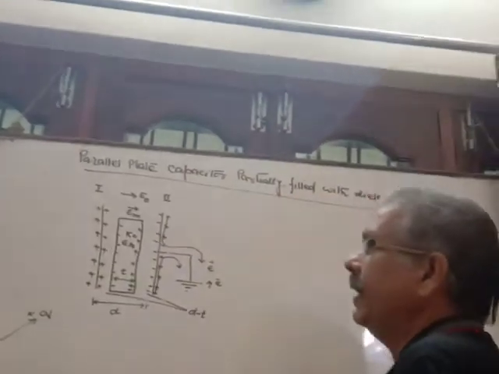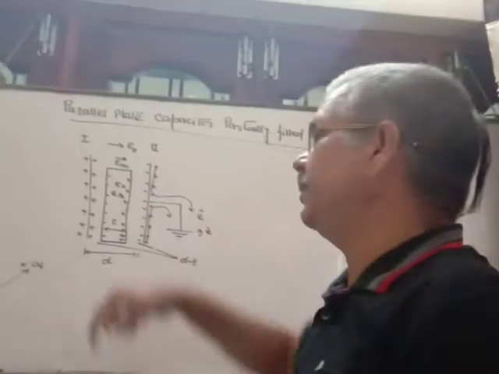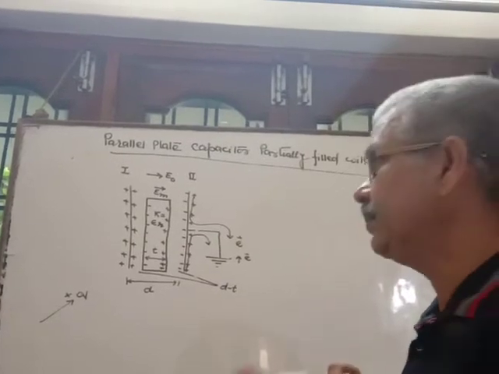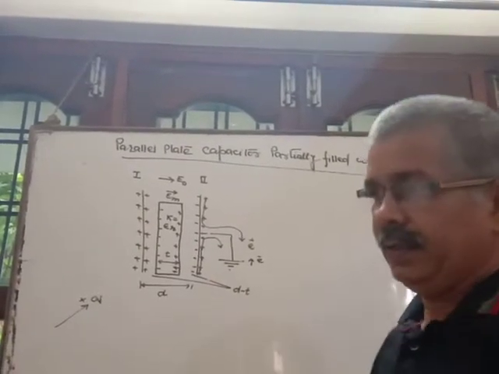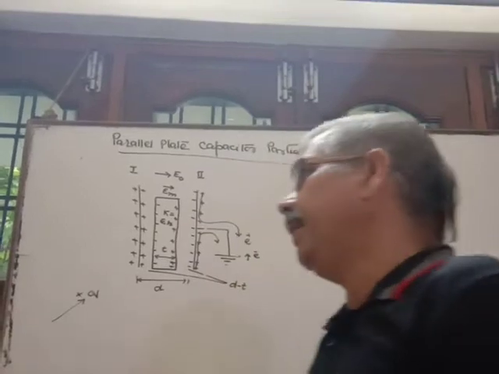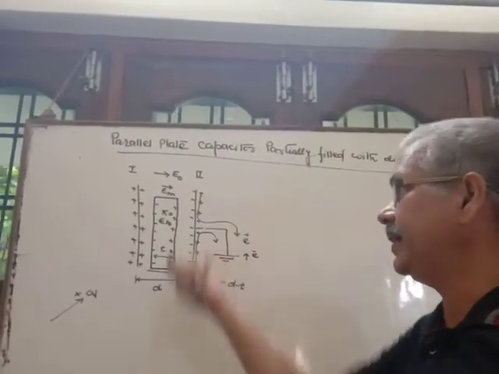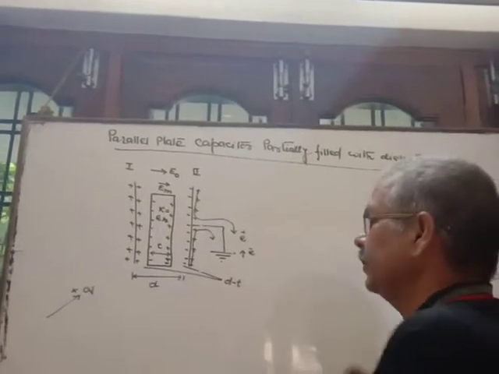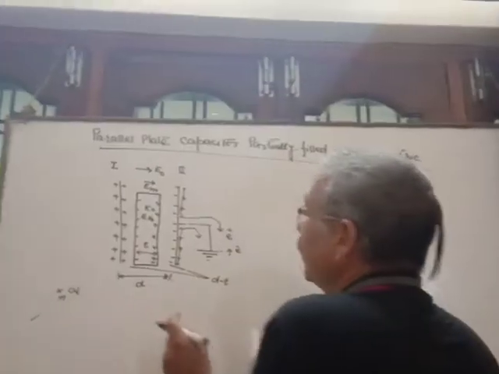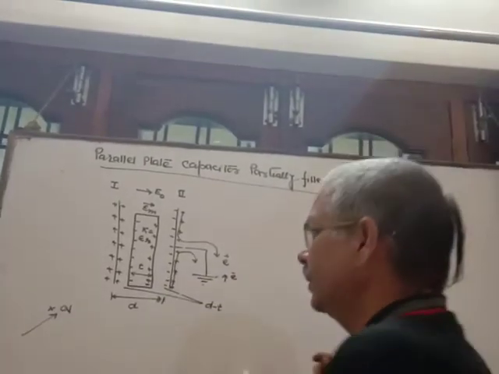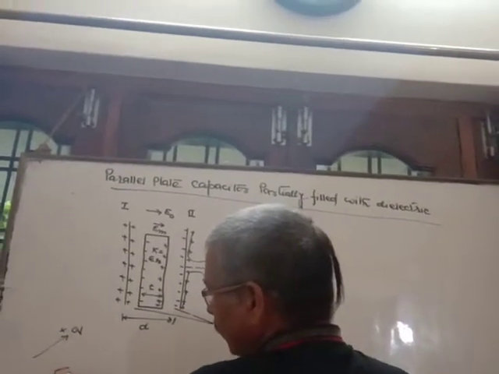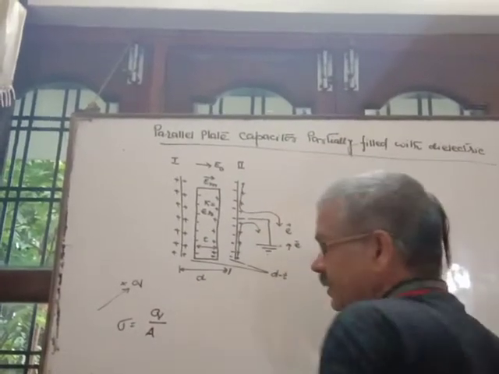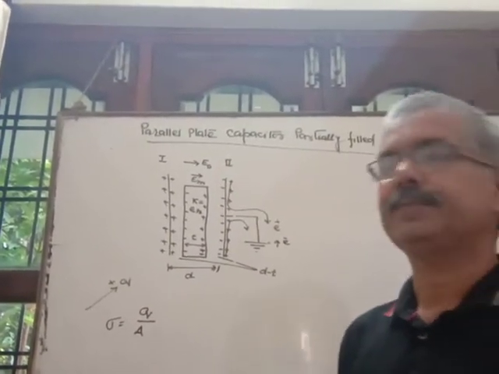So what happens if a dielectric is kept in between the plates of the capacitor? The resultant electric field intensity gets decreased. Sometimes the question asks what happens to the electric field produced in between the plates of the condenser when a dielectric medium is inserted in between the plates. So the resultant electric field intensity gets decreased. Okay. So what is the surface charge density of the plates? Surface charge density sigma is equal to Q upon A.